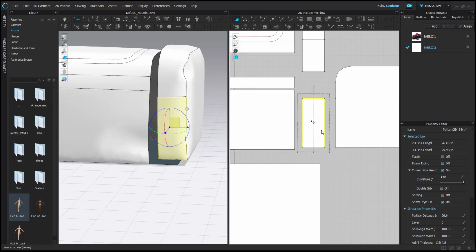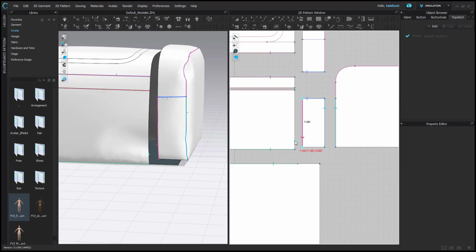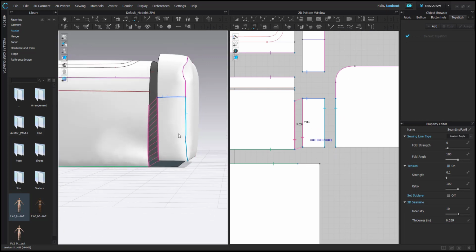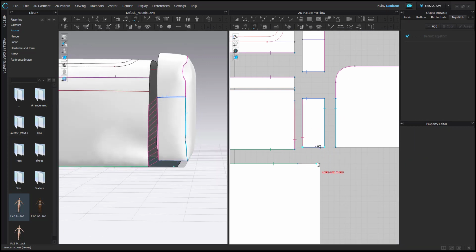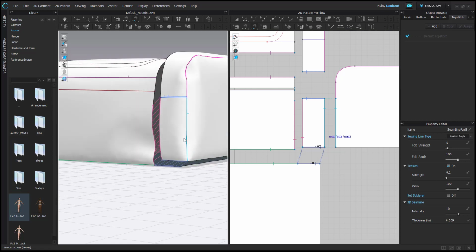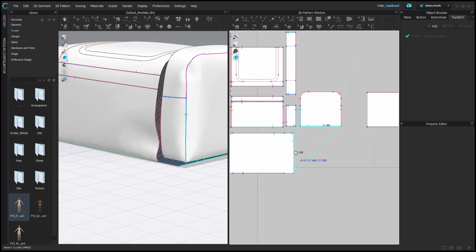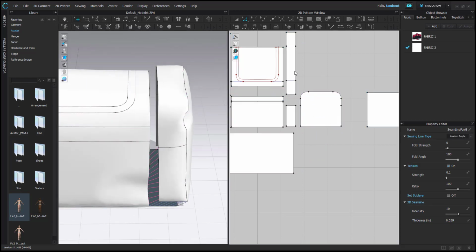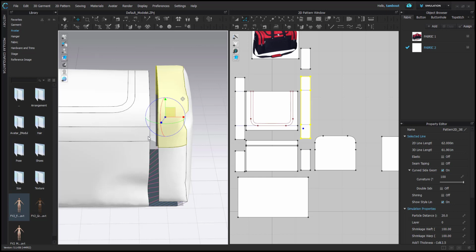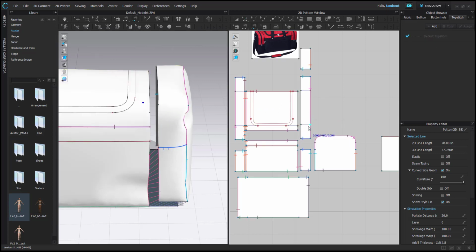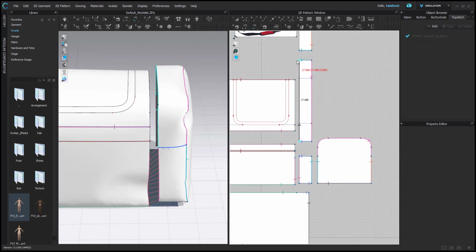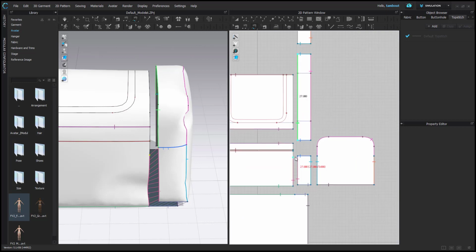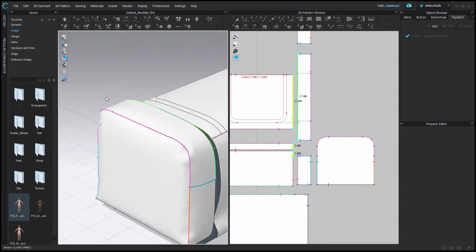Okay, so let's start with this piece here. Okay, so that will sew to that. This can go to the bottom here. Okay, and then I want to sew this whole segment to multiple segments. So what I'm going to need to do is use my free sewing tool and then hold shift to everything I'm sewing to. Okay, and then